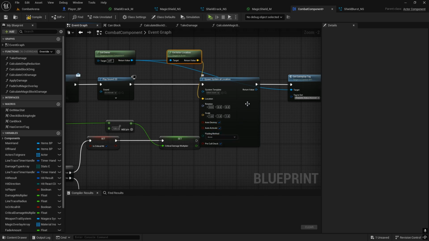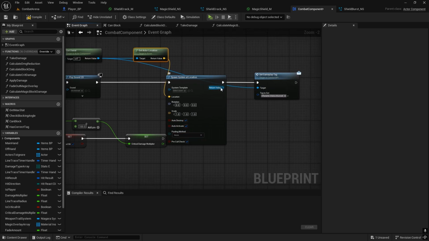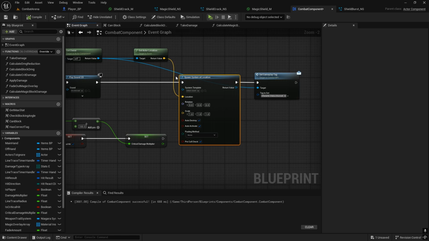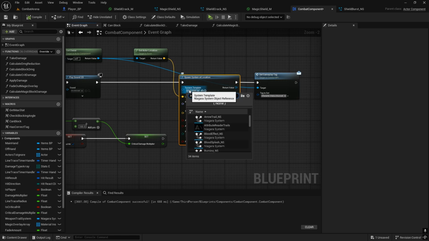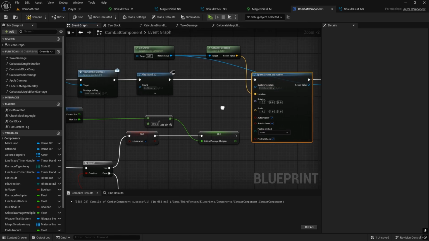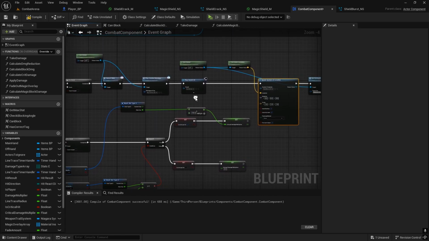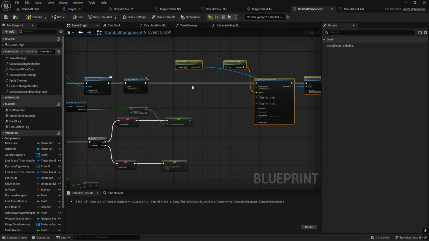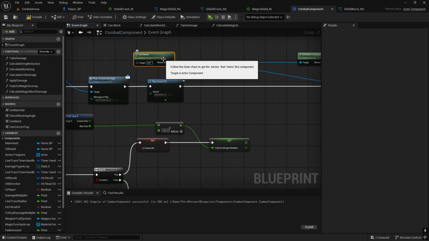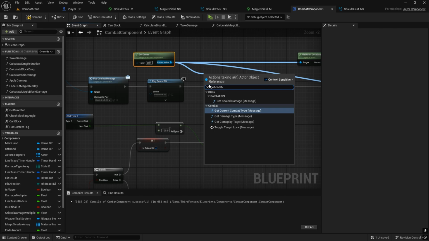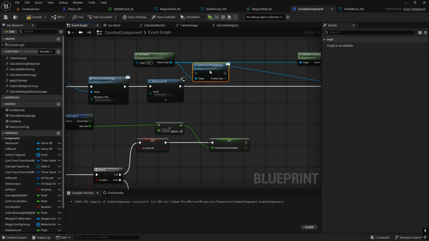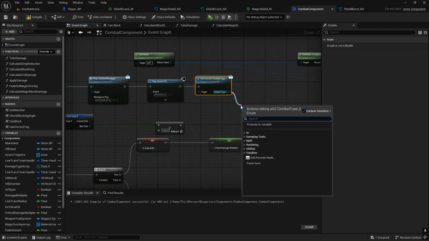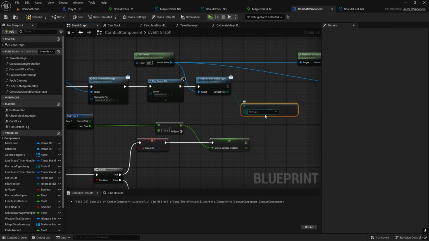Rotation, auto destroy, everything else is fine. We don't actually even need the return value to promote it because this will just burst and disappear. So here just set it to shield burst. Right, okay, no, we actually need to check if the combat type is magic, otherwise we will be shield bursting with everything. So from the owner we do have get combat type, get current combat type, and if this one equals the enumerator value,